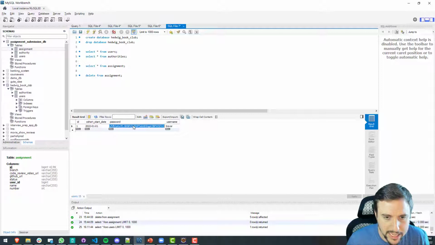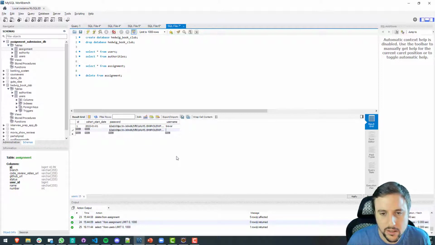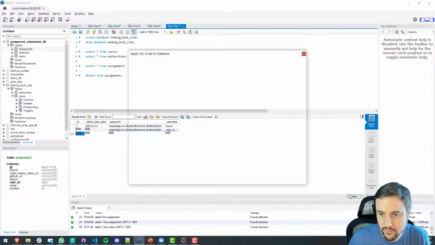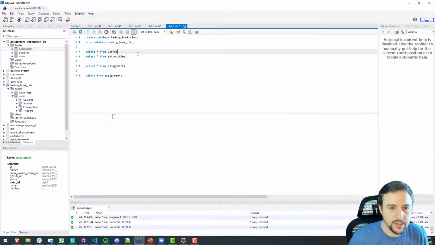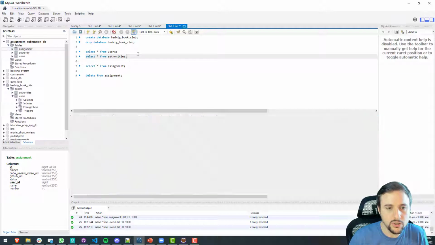Password, we'll copy the password from up here and put it here, and the username will just be code_reviewer. Cool. Now we have a user there that we've inserted, user ID 2,